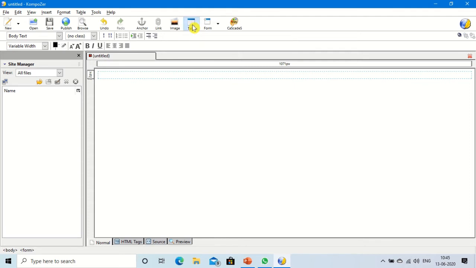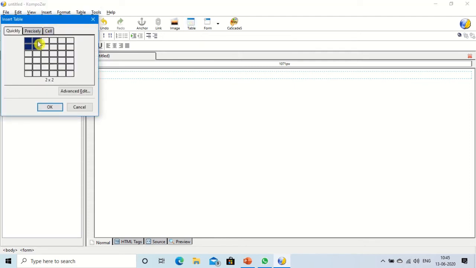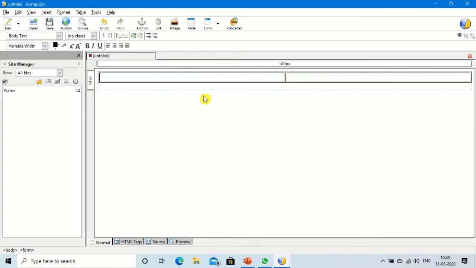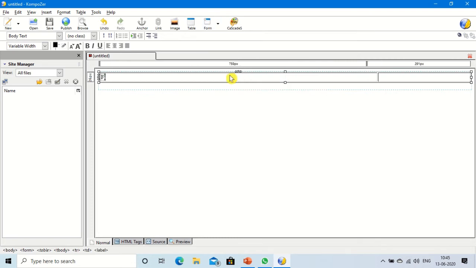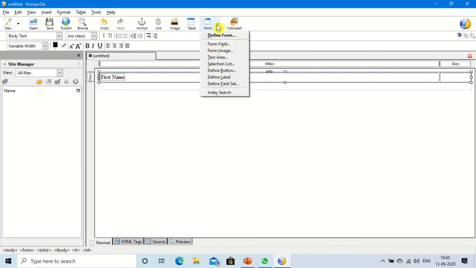Okay, so click on this table, insert two cells, that is called two columns, and here you insert a label for first name. Right here, first name. Press the tab, insert the text box, go to the form and click on the form field.